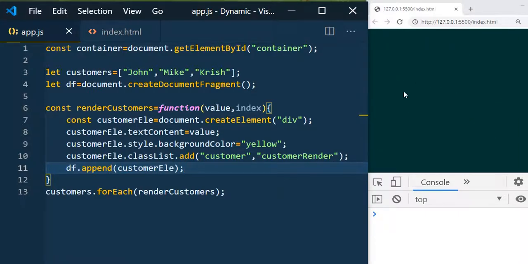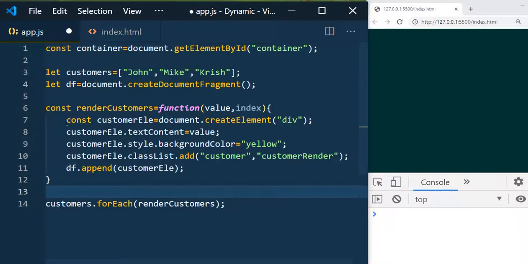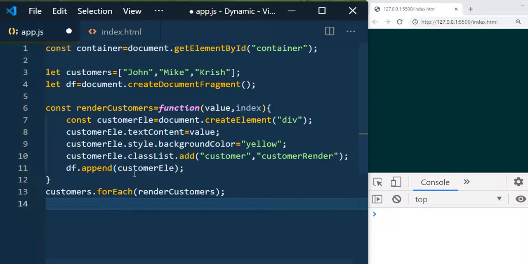You can see the customer elements disappear because we added this customer element to the document fragment, and unlike other elements like an HTML section or any other HTML element, the document fragment will not be part of the DOM tree structure and won't appear in the DOM. So now our code will add all three customer elements to the document fragment. Before we append this document fragment, let's see what the document fragment contains now.